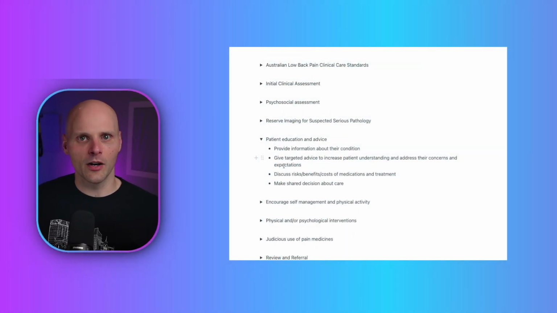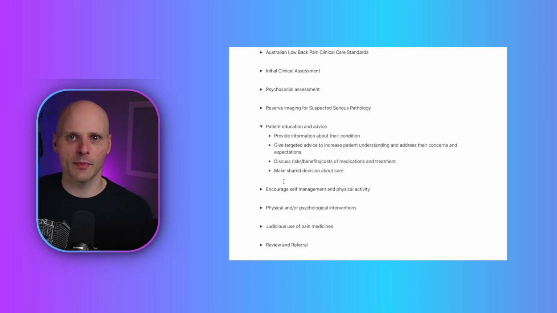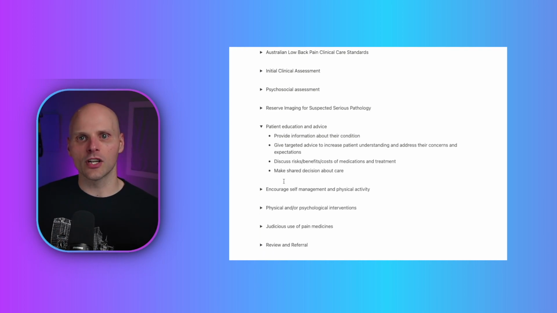On top of that, we also discuss the risks, benefits, and costs of medications and treatments, and then overall make a shared decision about care. I think shared decision is very important. Some people are in so much agony that they're willing to try things. You can say, hey, the data's not necessarily there for these things, but we can make the shared decision if someone says, hey, I'm down to try that. Maybe they've got leg symptoms, like numbness and tingling going down the legs, and they really want to try something for that, whether that's a different type of medication or modality, but really involving them and letting them feel like they have autonomy.